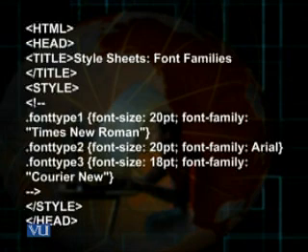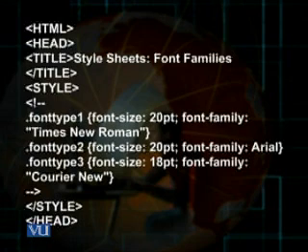I have created the first class, dot font type 1, font size 20 point, font family Times New Roman, and then the second class, dot font type 2. I have kept the name of this second style class font type 2, and I have given it the properties font size 20 point and font family Arial.